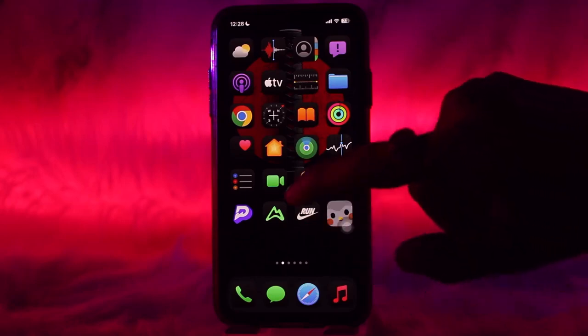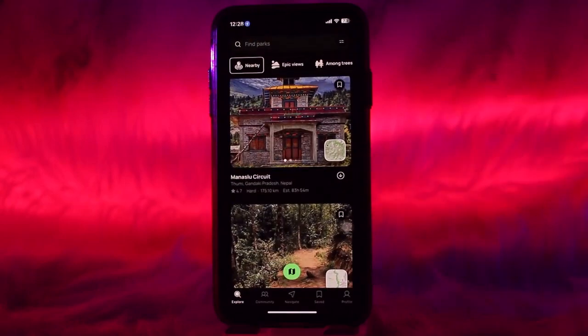Now once you have downloaded the app, what you need to do is open up the app, and once you open up the app, what you need to do is log into your account. Now if you don't have an account, simply create one and then log into your account. Now once you are logged into your account, here what you need to do in order to add a trail